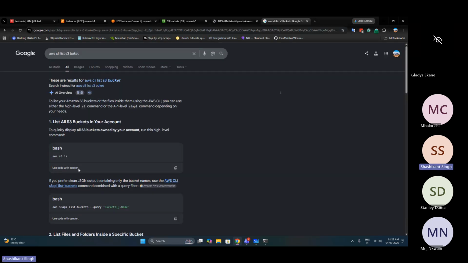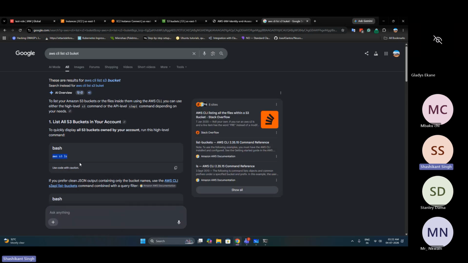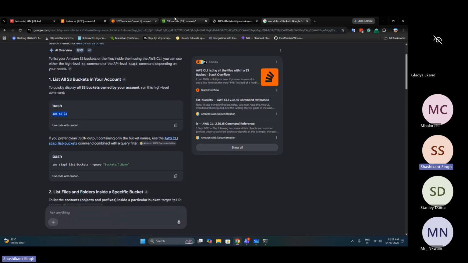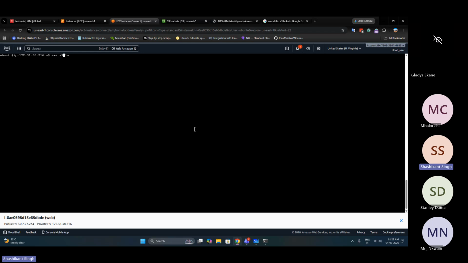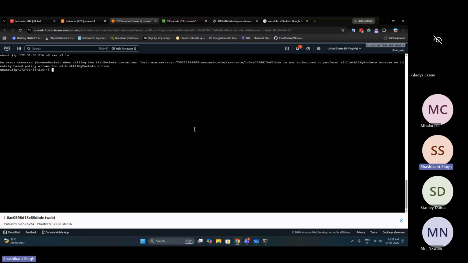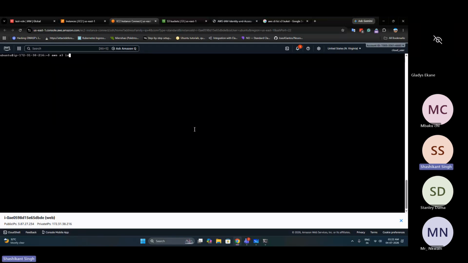See the command. So the command is AWS S3 ls, like AWS S3 and list out the buckets. Let's see what happens if I run this command. So if I do sudo, I think sudo should not be used, but let's see. Oh yeah, you'll have to use sudo. So if I do sudo,